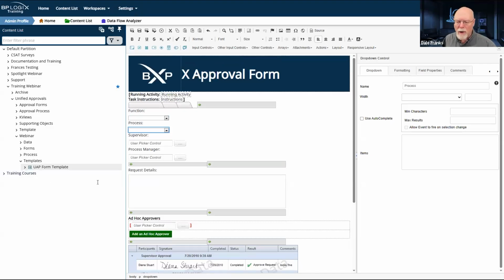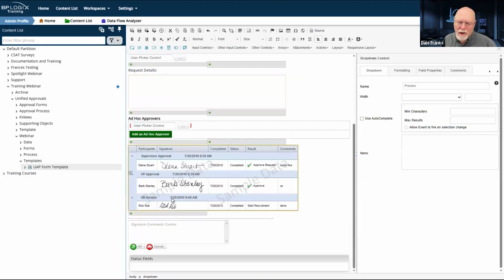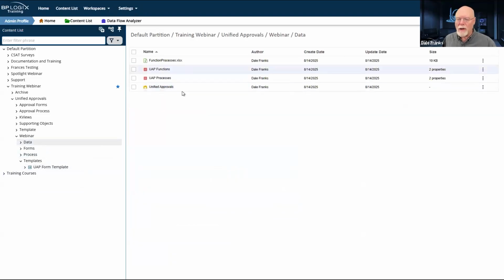With the form, it's a pretty standard form using a tabbed interface, which is not something we do very often on the webinar, but it's going to be very useful for us in this particular use case because we're going to need a tab that gives us any custom fields that we might need to make our process work. Right now, we don't have any of those fields, but later on, we are going to need some. And of course, we went through all of the data that we're going to need, as I mentioned previously, to fill our functions and our processes, because the functions and the processes are kind of a primary driver of how the process is going to work.